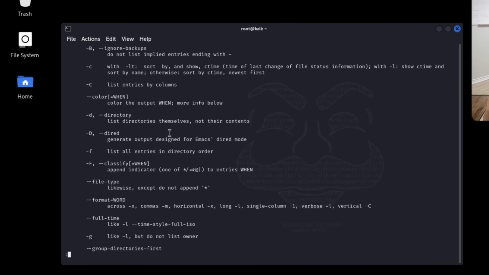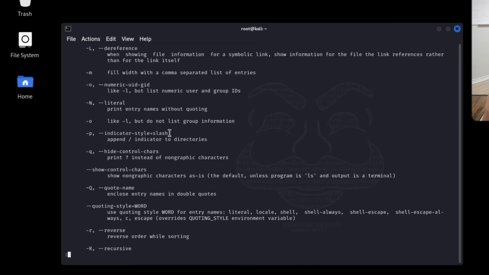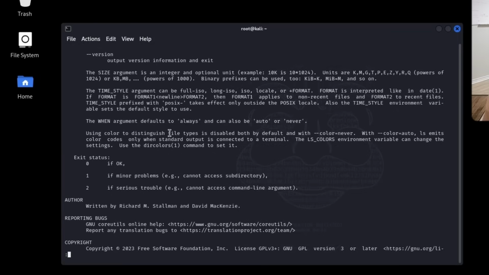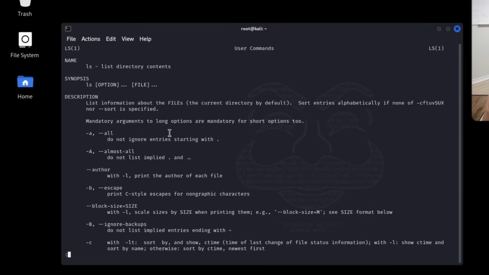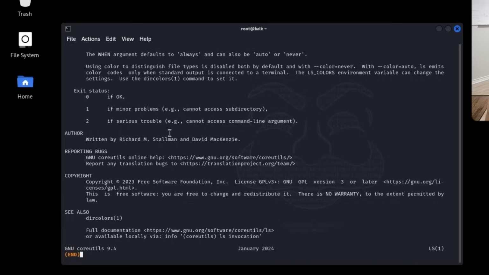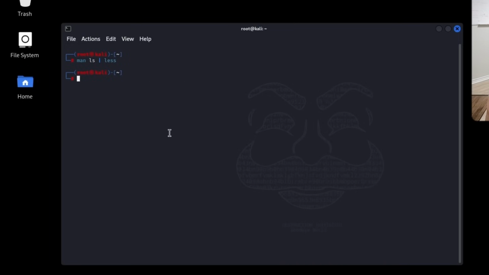So if you scroll all the way down to the bottom, you can easily scroll back to the top. If you hit the Home key, it'll take you back to the top, hit the End key, it'll take you to the bottom, and then you can just hit Q to quit and get out of there. Now I went ahead and added a few more lines, so now we have a total